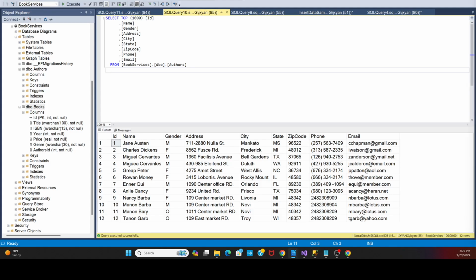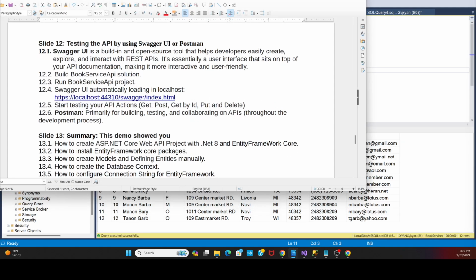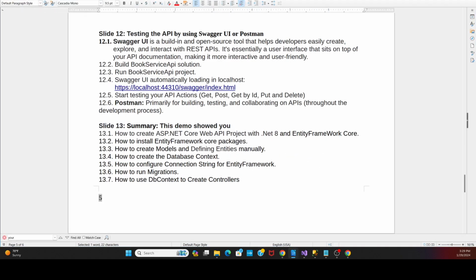So far, the project already created. The test is successful. Just one table. Okay, we can test another table because maybe the time limit, right? So we just summary this demo. Okay, this demo show you how to create a ASP.NET Core Web API project with .NET